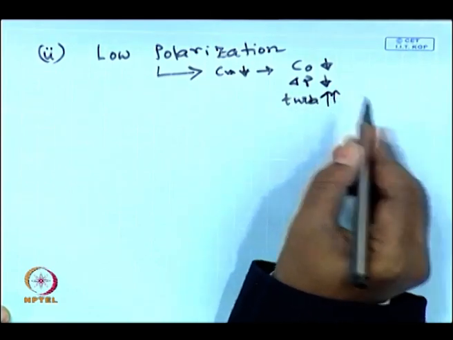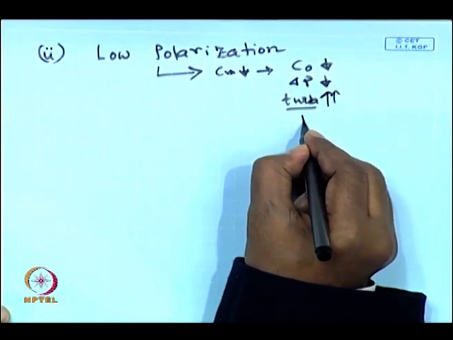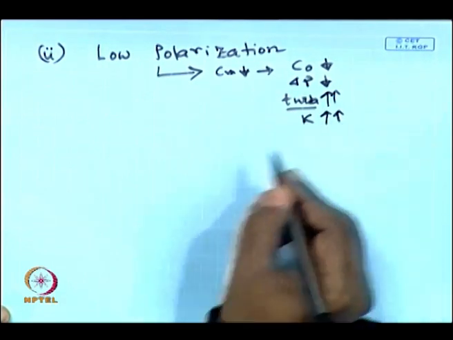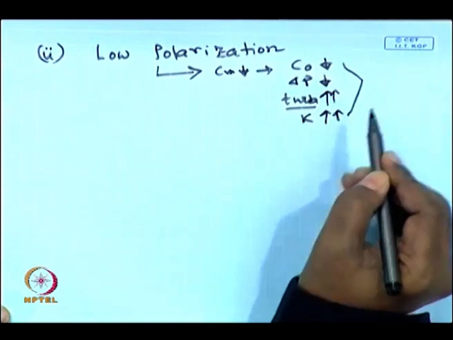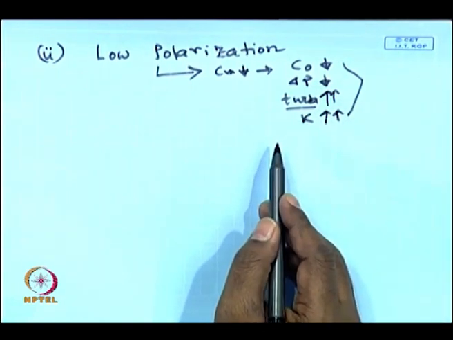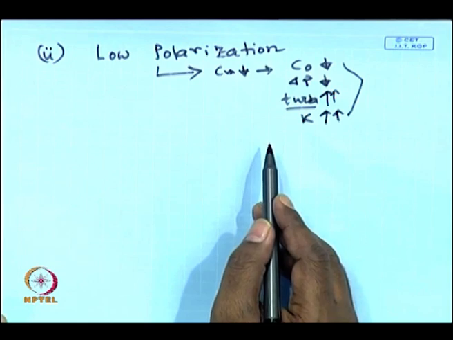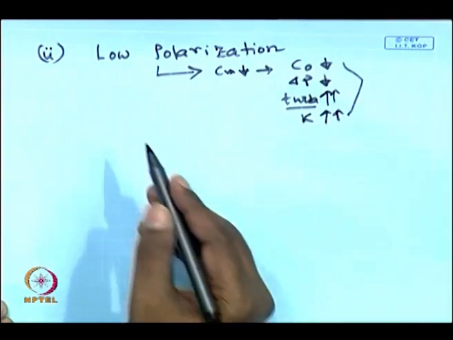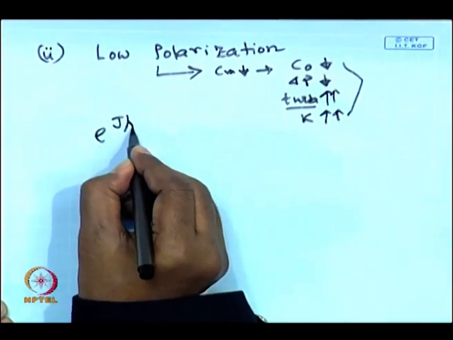Turbulence will be very high. For example, turbulence being very high means your mass transfer coefficient has to be very high. These are the conditions which will favor the low polarization conditions prevailing in the membrane channel. Under this situation, e to the power J by k can be